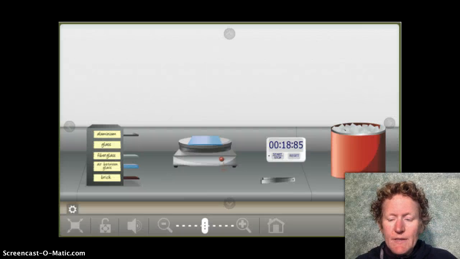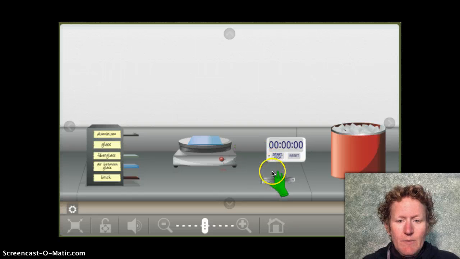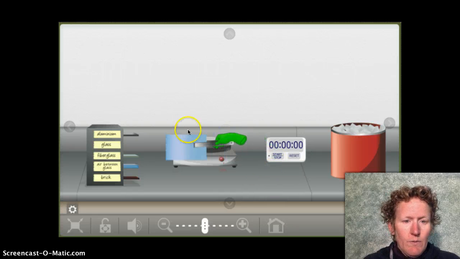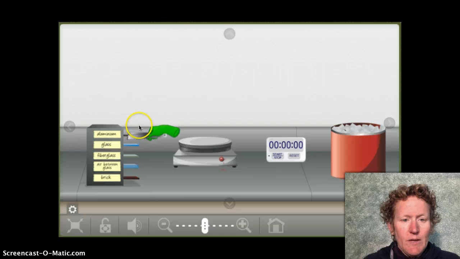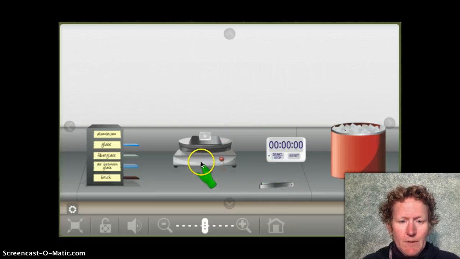So we'll go back to the lab and start aluminum. So I want to press reset here, make sure my clock is reset, grab the tongs, put away the glass. I want to pick up the aluminum here because that's what we're going to do next. I'm going to grab an ice cube. Make sure you remember to turn on the hot plate. Oh, I think I just turned it off. Now start,